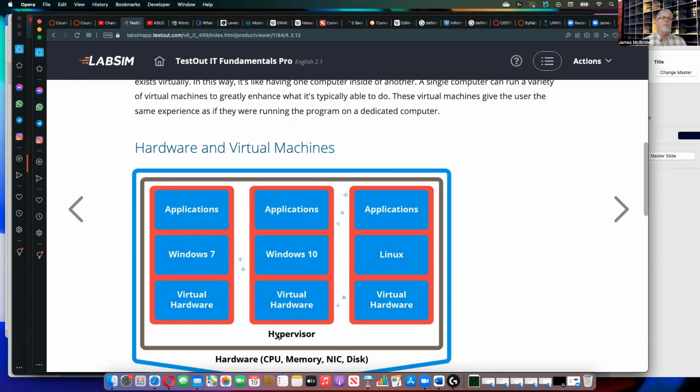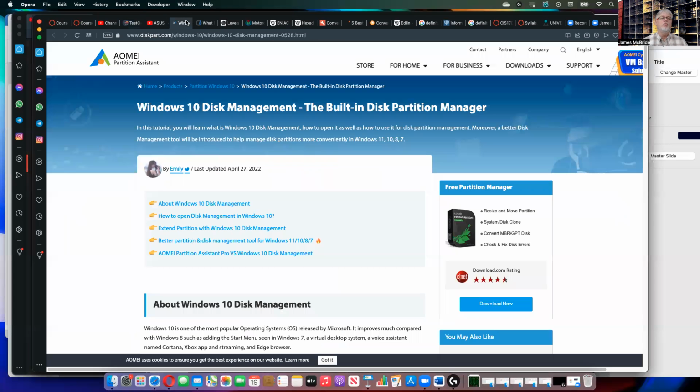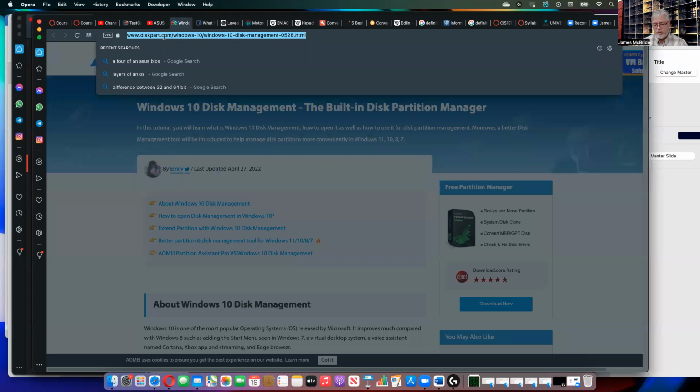And then you install a hypervisor. That is the term we use for the program that allows you to have VMs in it. VirtualBox is a free one, and I'm actually going to pull that up. So let's look at